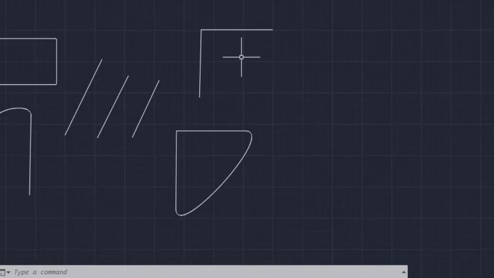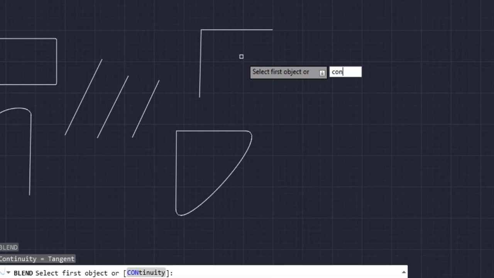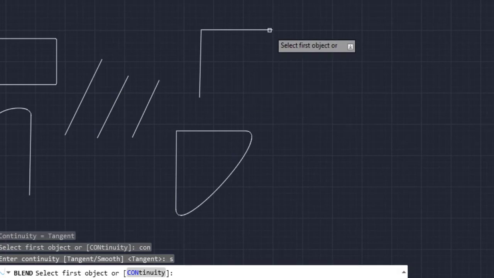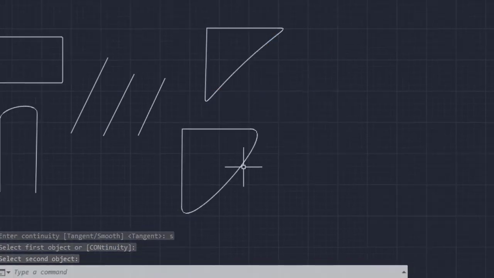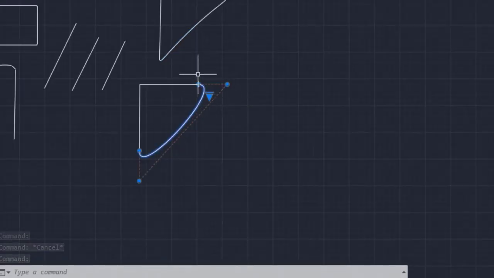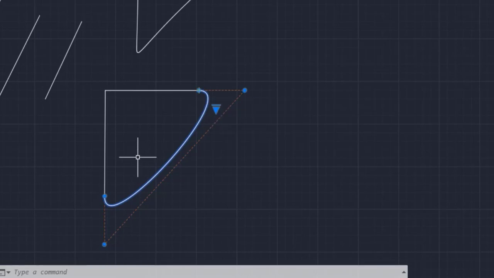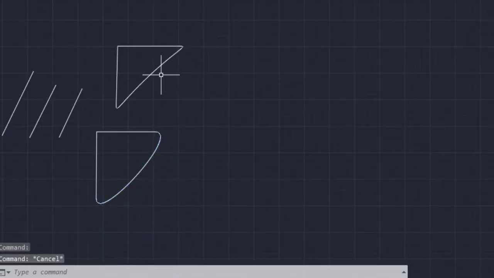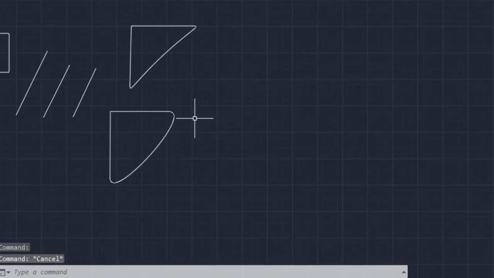Similarly, we'll go back to blend curve, go to the continuity, and now we'll use the smooth. You can type Y, enter and select this point, this one. Now you can see the difference here. So here you can see the slight difference in the nature of the curve. Here this is the smooth curve where we used the smooth option, and here we used the tangent option, and the points are joined by this type of curve. So we can use either of these options as per our requirement.